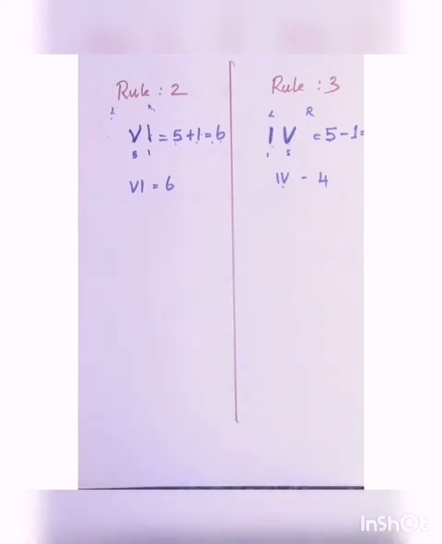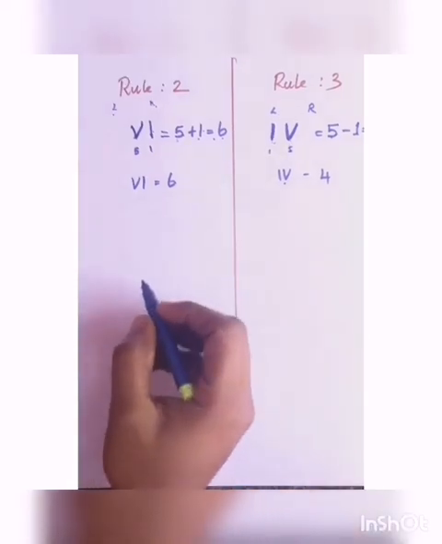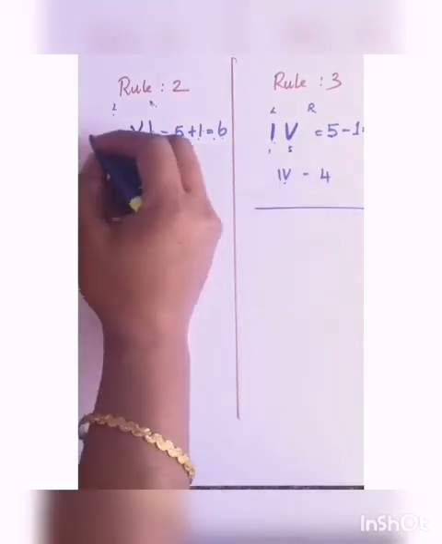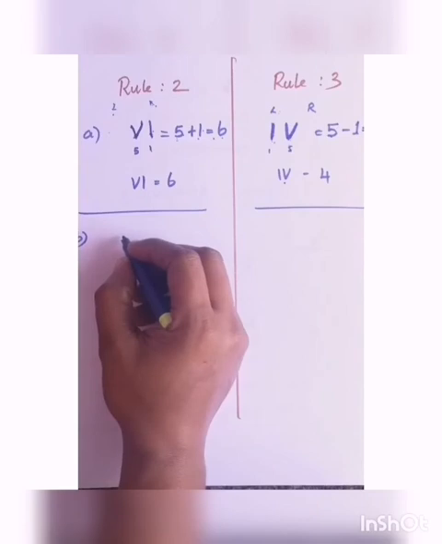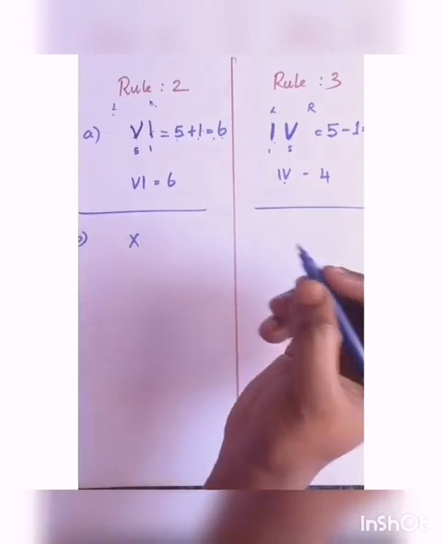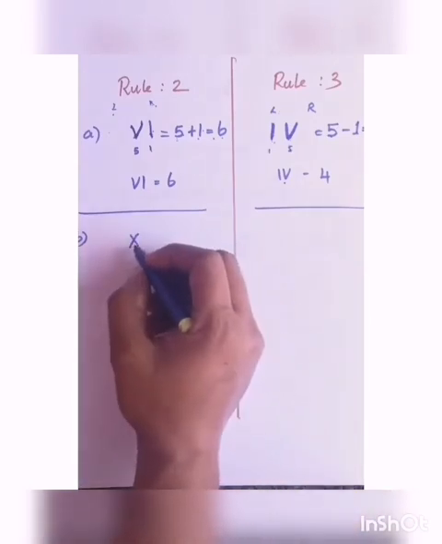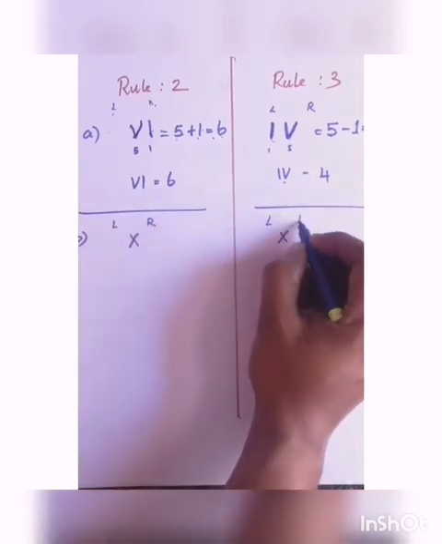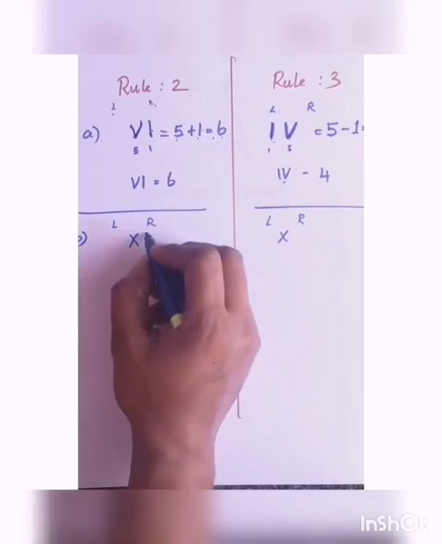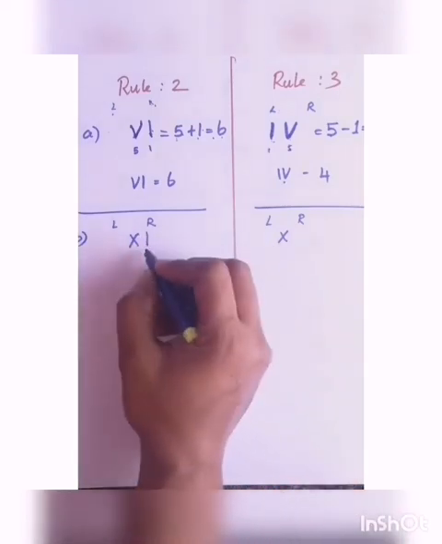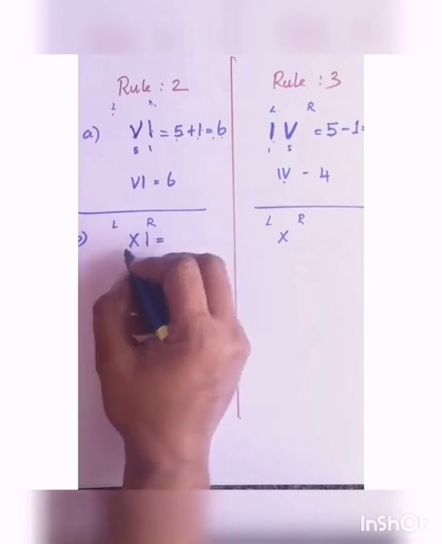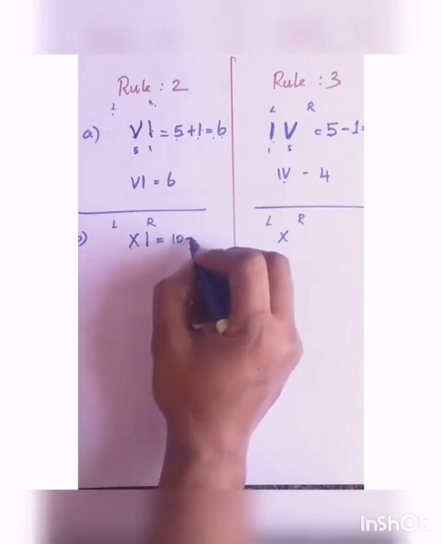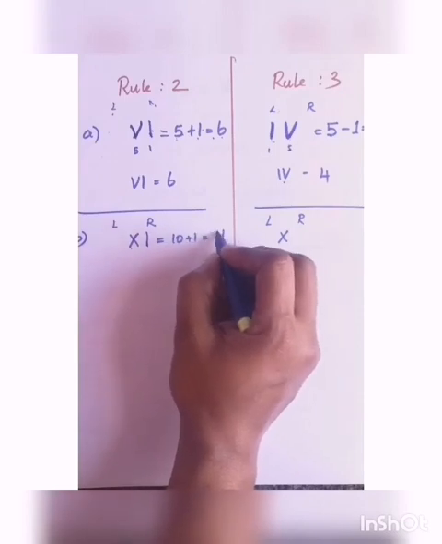Let us see another example. We already know that. This sum is problem A. Okay, B, you all know that. What is this? This is the symbol for 10. Okay, X. This is your left side and this is your right side. Here also you will put like this. Tell me, if I appears on the right side, what do you have to do? You have to add these 2 numbers. X represents 10. I represents 1. So 10 plus 1 is 11.